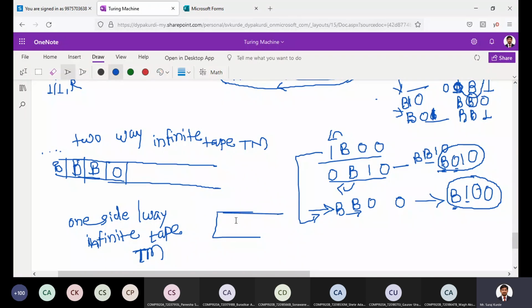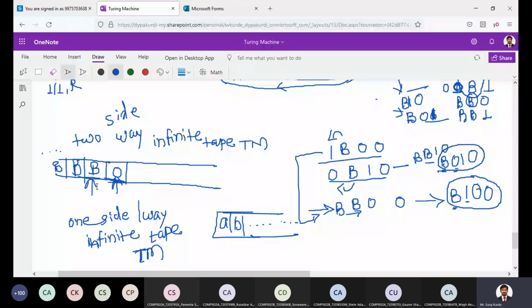So what we considered, this is our tape and it is infinite on the right side. That was the earlier condition. So that is a one way or one side infinite tape. This is a two way or two side infinite tape. So the input tape is infinite in both directions, and we are starting from this point. Wherever the input is, that is our first starting point. We always consider wherever the first input character is, that is the starting cell.